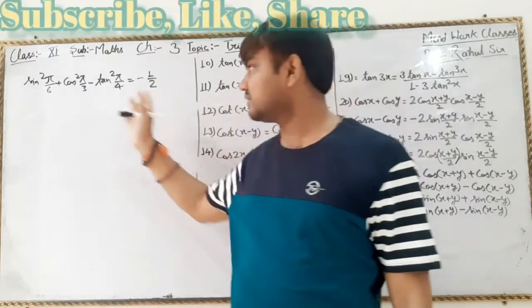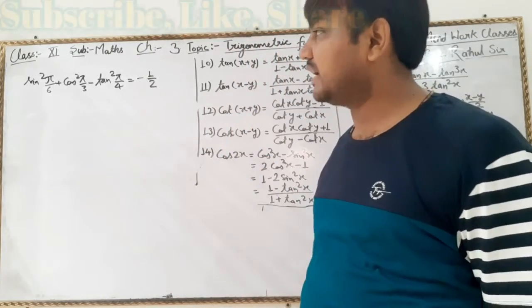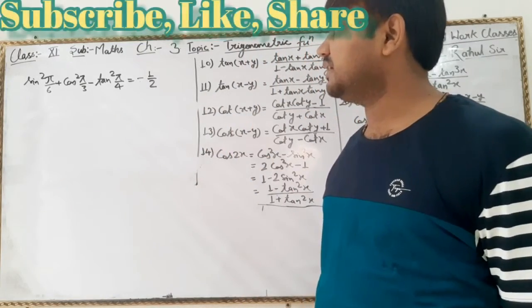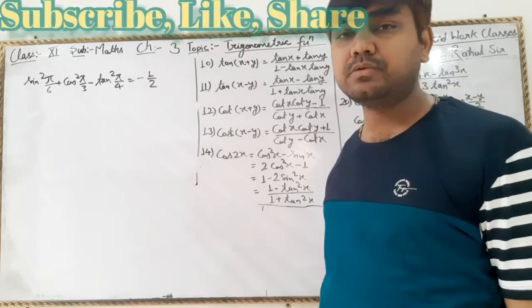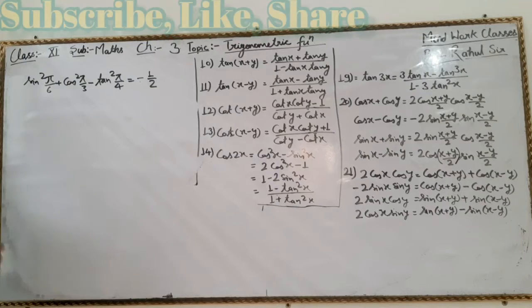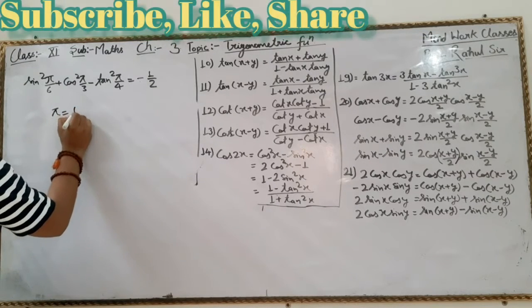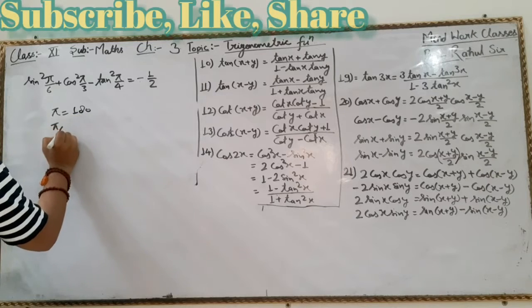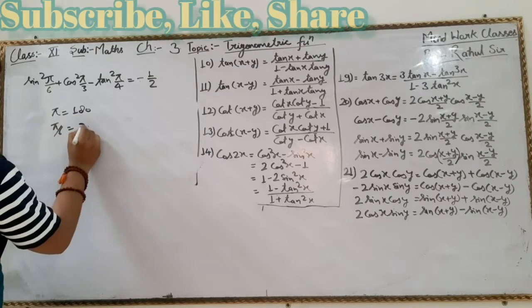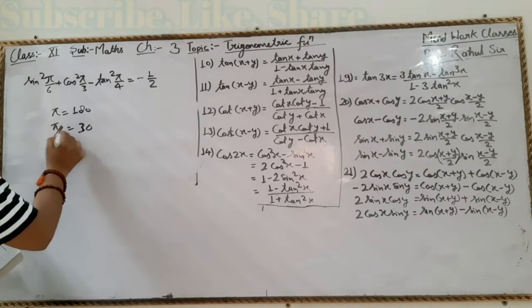You don't need to put in much effort to solve this. Just put in the values of sin pi by 6, cos pi by 3 and tan pi by 4, and you will be able to solve this type of question. We already know that pi is equal to 180 degrees. So pi by 6 will be 30 degrees, isn't it?